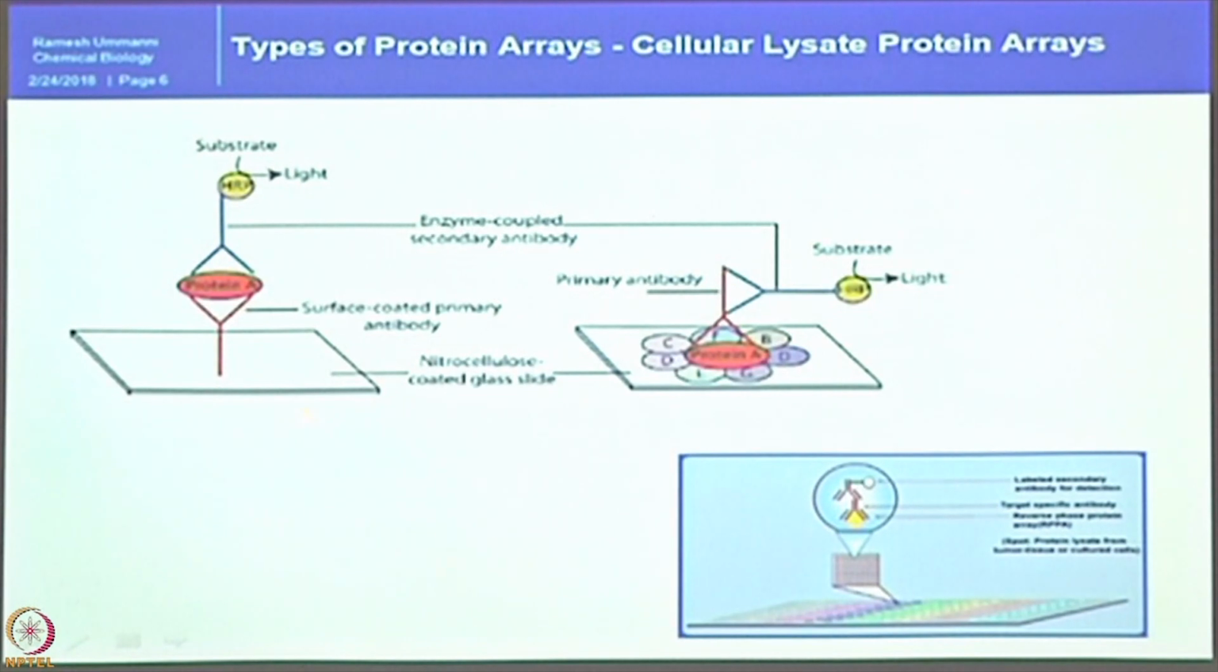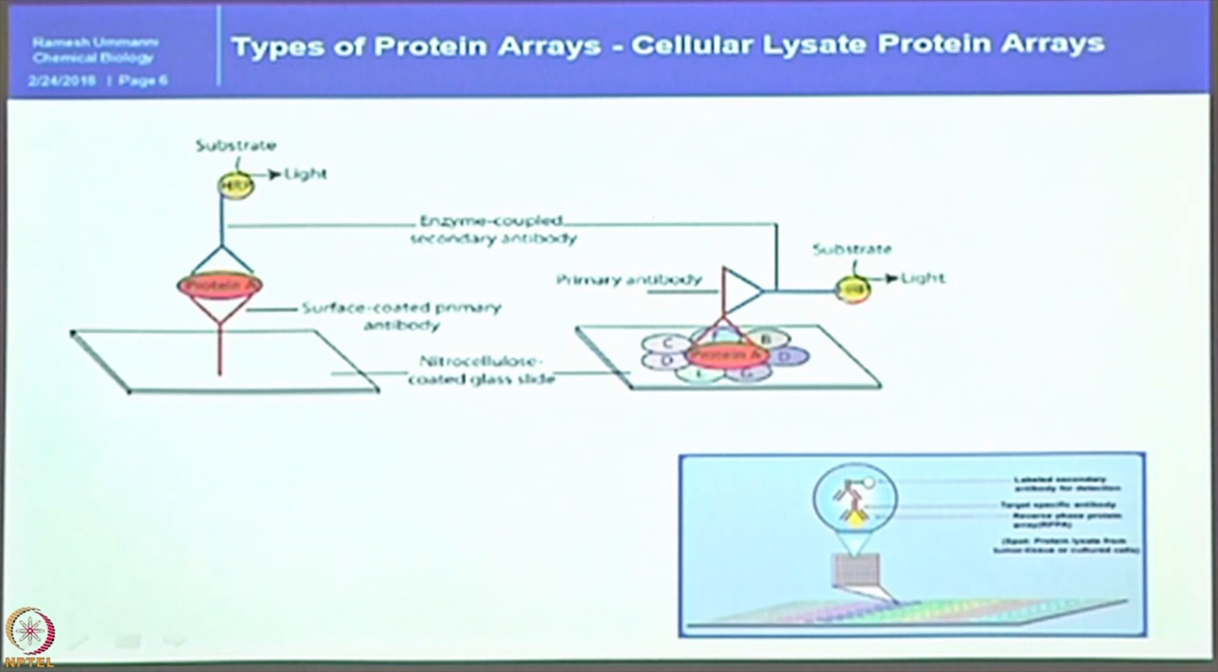So you can see that this is a forward array where an antibody is spotted and protein A is captured by the antibody from the pool of lysate, and a secondary antibody specific to protein A is used for detection. This is coupled to an enzyme-linked secondary antibody. If you look at here,